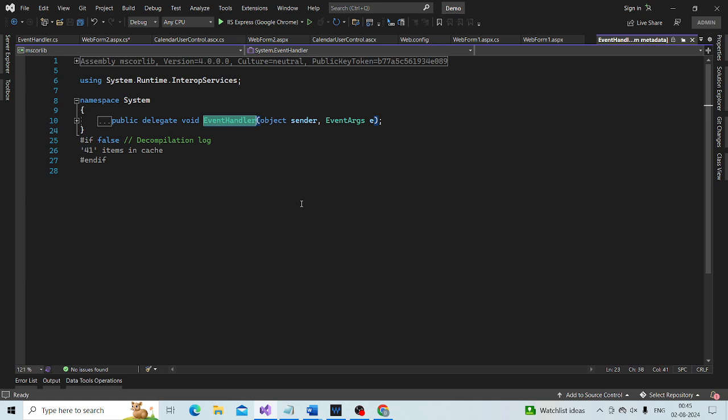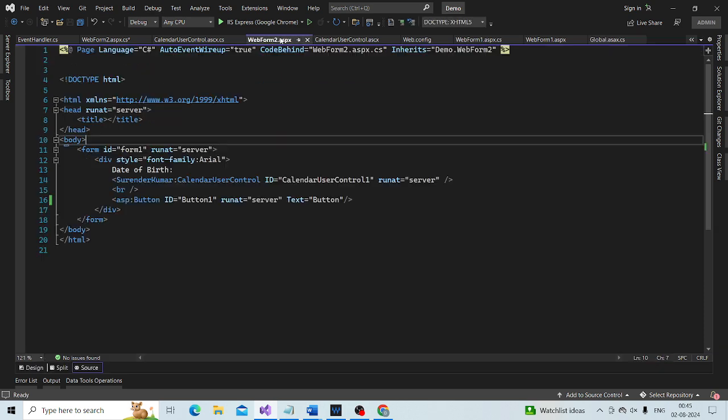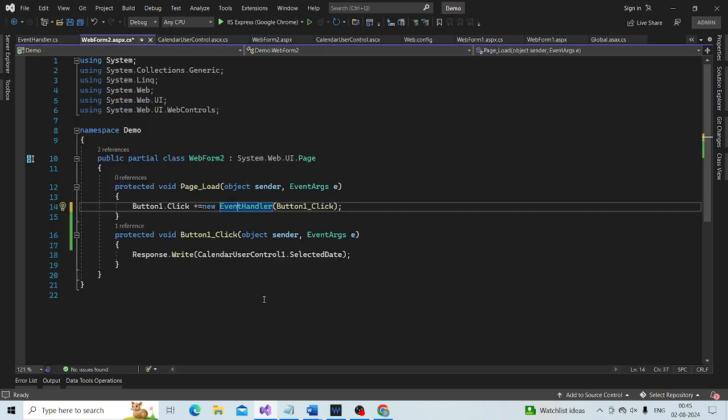It has a void return type and two parameters of type object and EventArgs. So the signature of the delegate matches the signature of the event handler method.